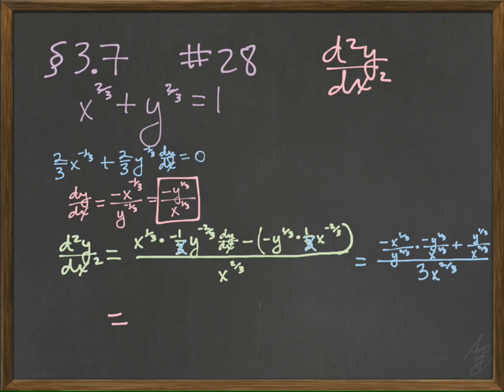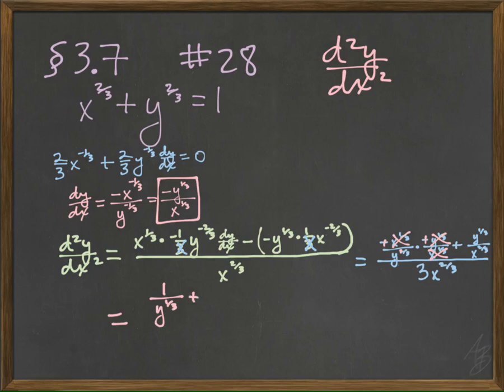Yes? Didn't you simplify the two fractions already? Yes. So the x to the 1/3 and the x to the 1/3 are going to cancel each other out. Those are gone. Good. What else is going to cancel there? The negatives are going to cancel, and the y to the 1/3 with the y to the 2/3, and it's going to become a y to the 1/3, right? Okay, so in the first term there, we're going to have 1 over y to the 1/3